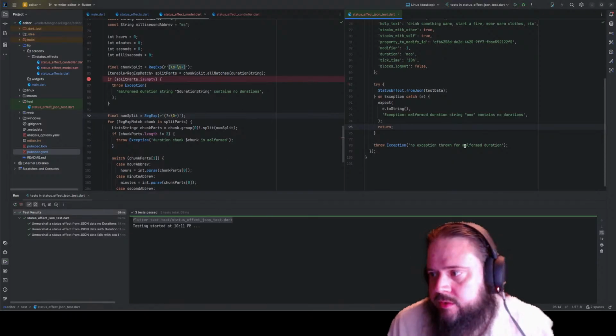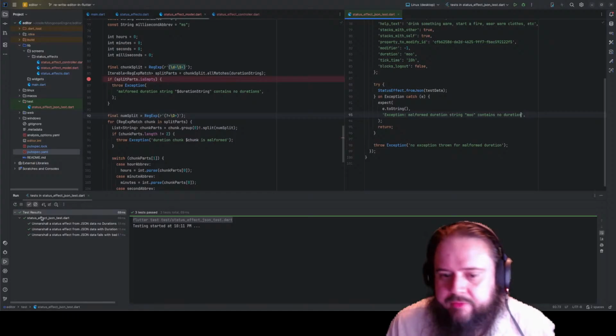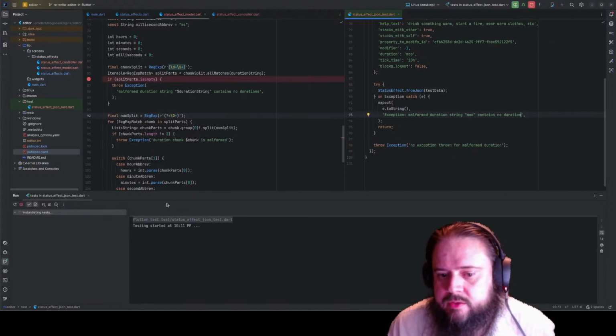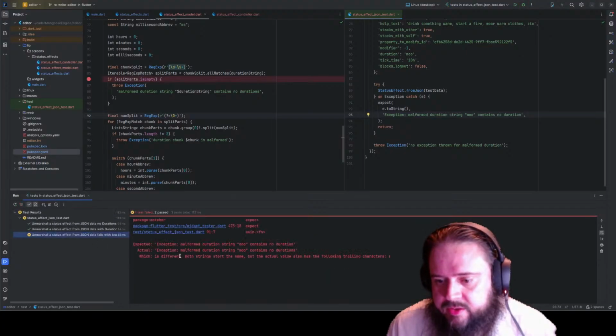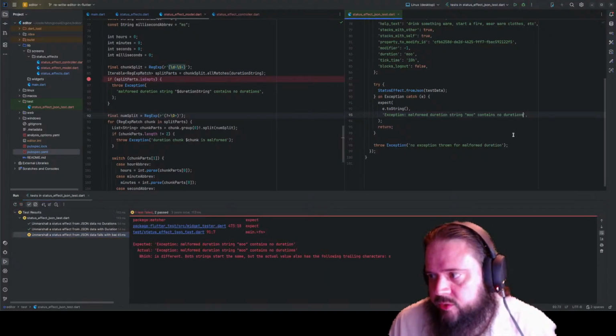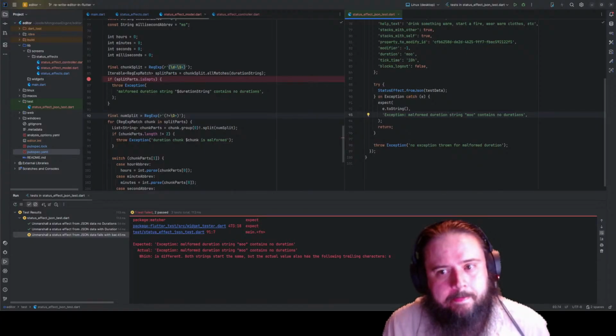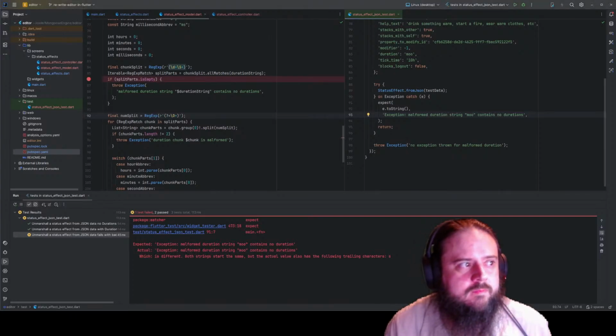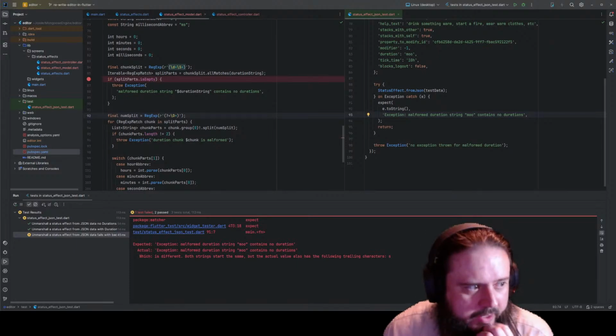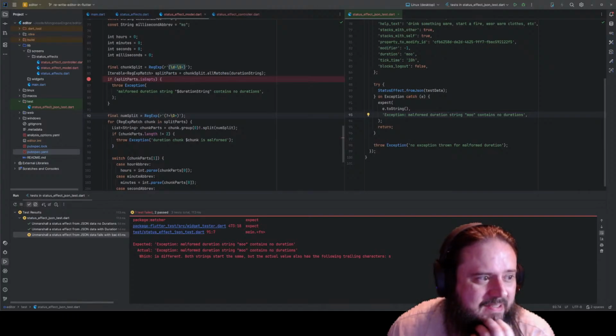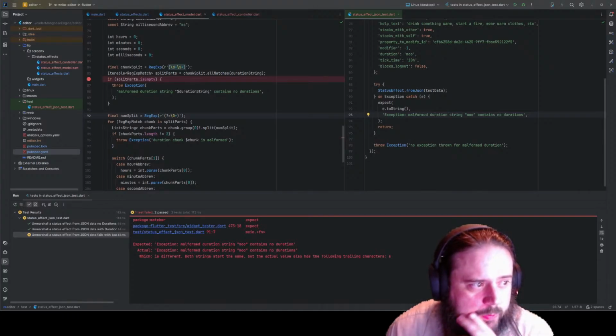And then if I break that intentionally, then we're back to failing because that wasn't correct. Now, I need to figure out a better way to test that. I would want to